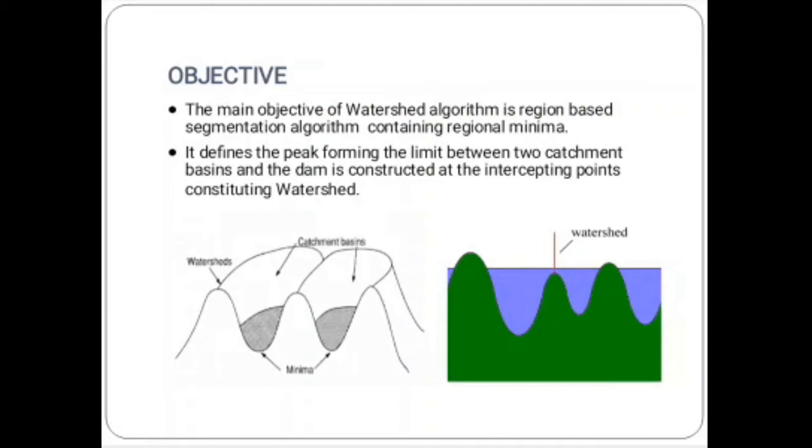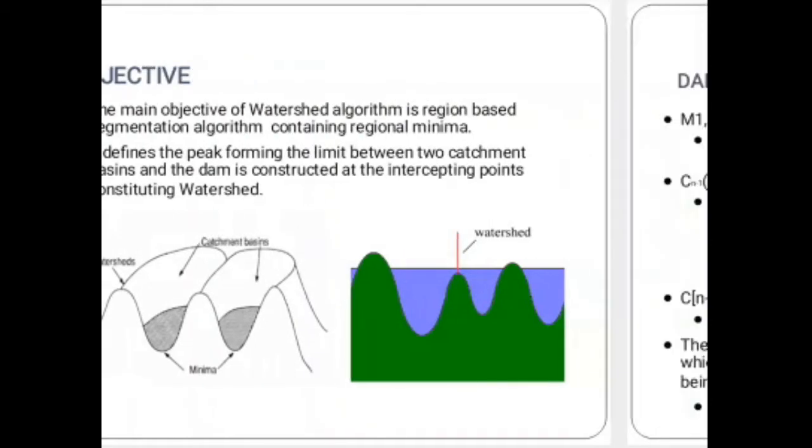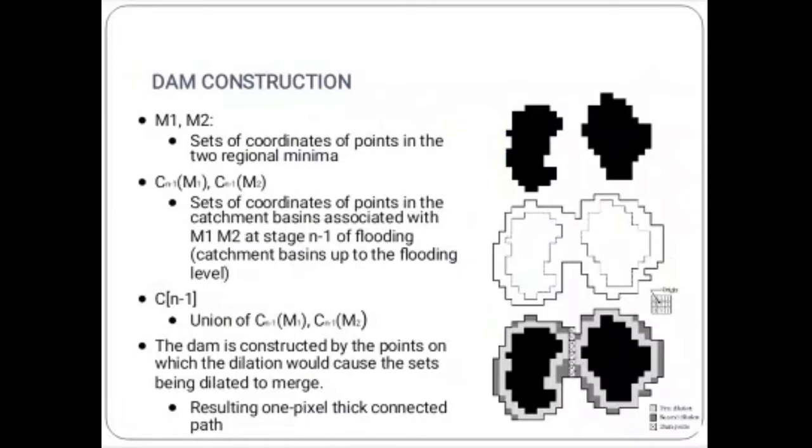The main aim of this project is to implement on an FPGA, which requires minimum hardware resources and low execution time, and is suitable for use in real-time applications. My main process here is dam construction. We all know that the segmentation process is based on three principal concepts: edge detection, thresholding, and region growing. The main objective of the segmentation algorithm is based on the concept of finding watershed lines.